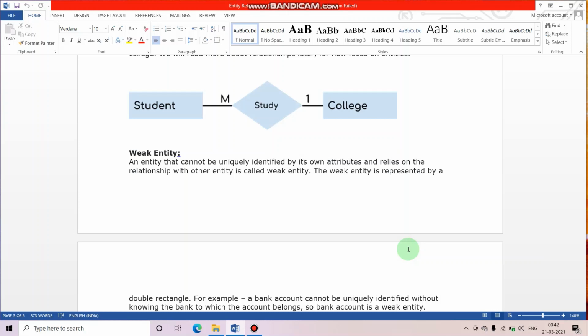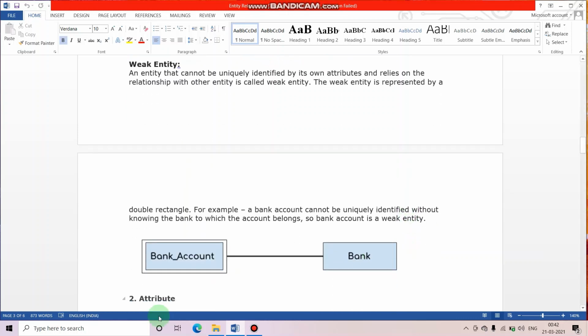Now see, if you have an account in any of the banks, see, I am still saying in any of the banks. See, if you have an account, that account will not have its identification till you say that I have a bank account, a current account, a saving account, any account in this particular bank. For example, HDFC, Dena, any bank. So the bank account will be uniquely identified only when we know in which bank your bank account is.